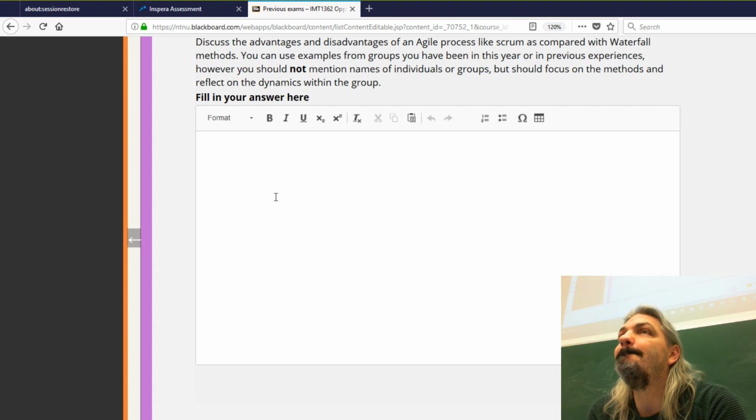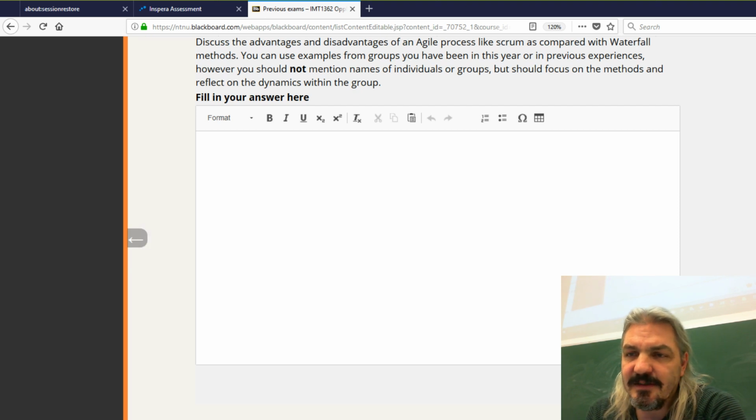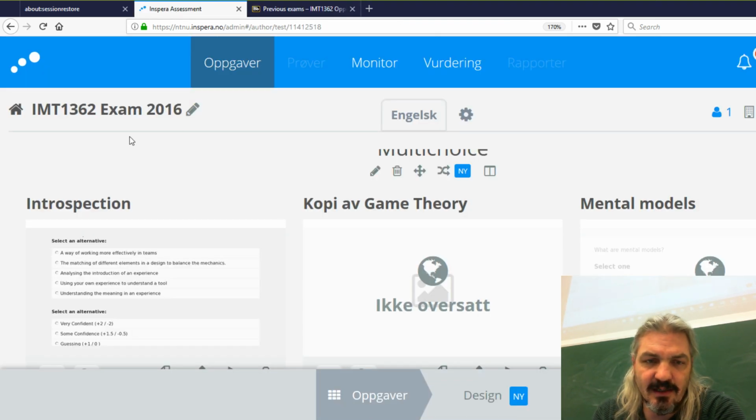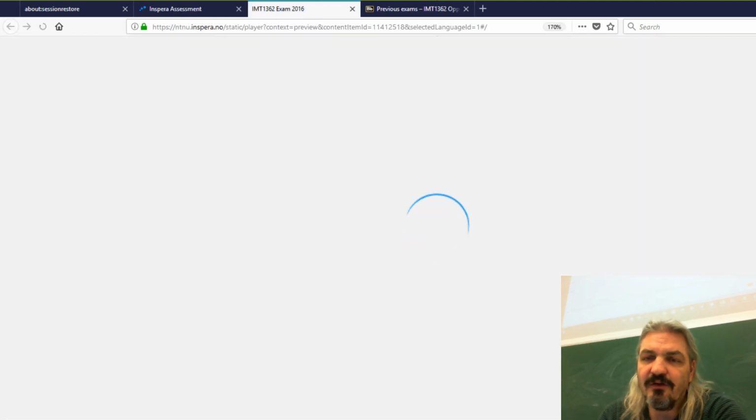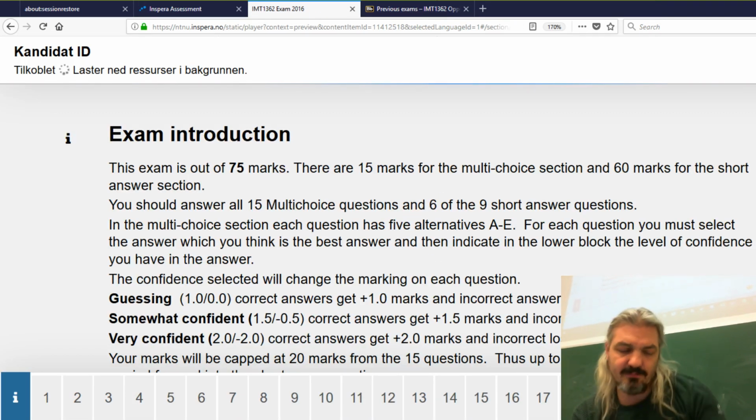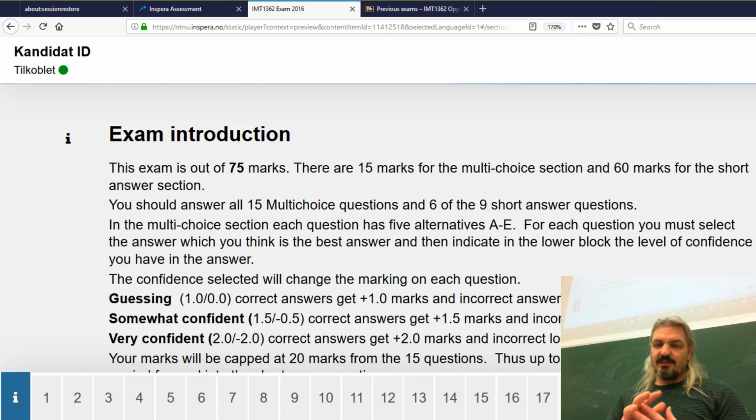Yep. How is the exam split between apps and games? Okay, so it's split very much like the 2016 exam. So if I go to preview, we've tried to keep the multi-choice questions from the first half of the course, up until the time we split into 2 tracks. So that comes from that first part, which means there are a couple of game questions, but the game questions relate to what was combined in that first part.